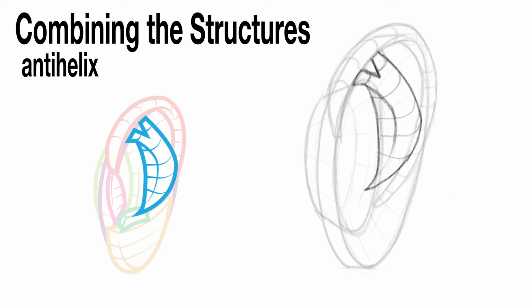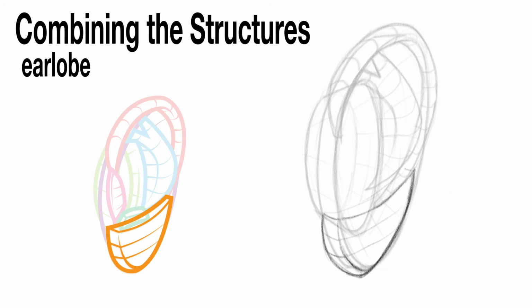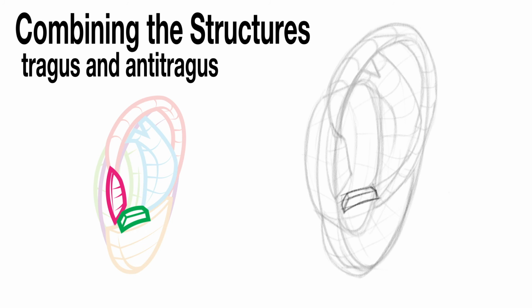Being that the antihelix is a form sitting between the helix and the concha, it's a good idea to wait to draw this form until after you've drawn the other two forms. With that plate that we drew earlier, we basically have already set up the earlobe. However, we can refine the shape of the earlobe a little bit more now. When we do this, we can show both the thickness of the earlobe along with how it attaches to the head near the jaw. Finally, we can add the tragus and antitragus to finish drawing the forms.